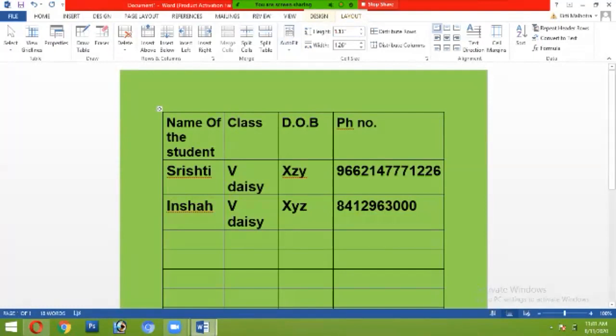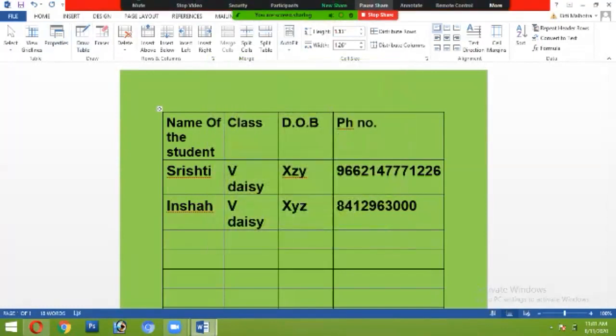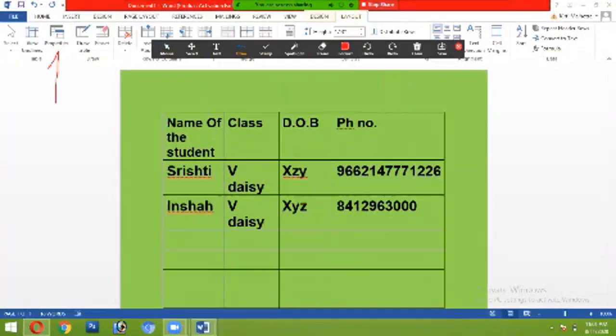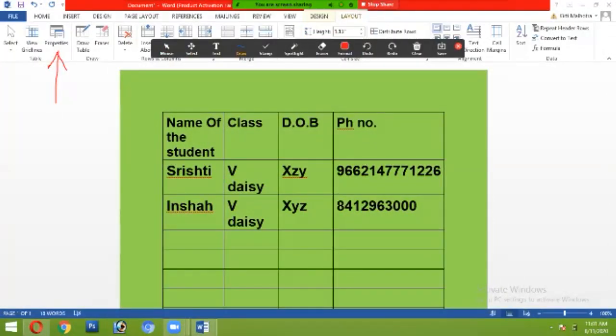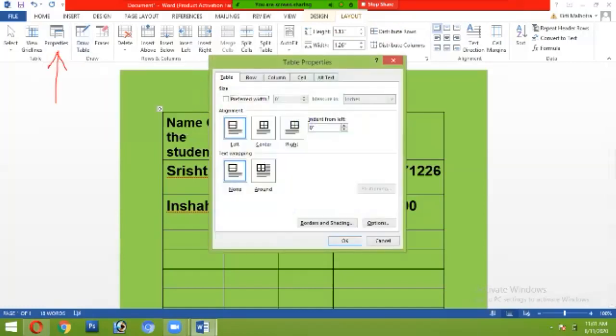Now click the layout tab. I have clicked the layout tab. I will click again and select the properties button in the tables group. The table properties dialog box appears. बेटा tables group में आप properties का button select करोगे. This is the property button I am showing, where I have marked. Now you will select this property button. I have selected. This dialog box will appear.